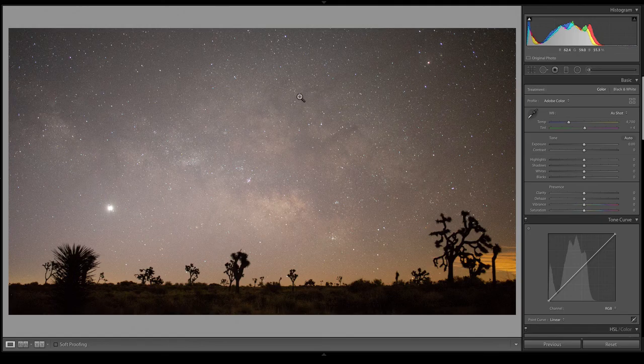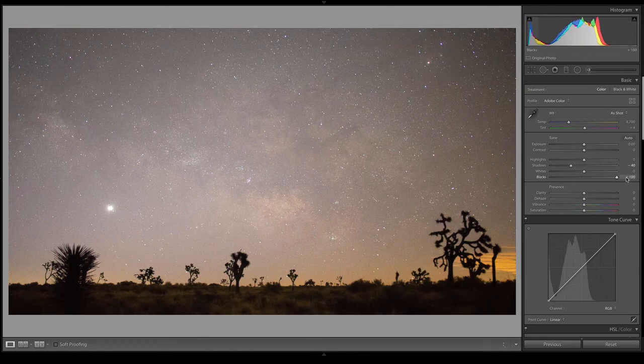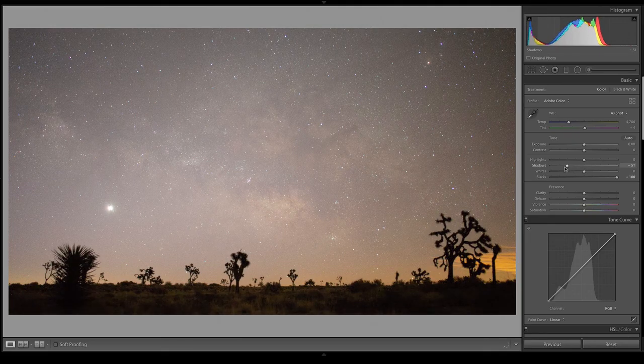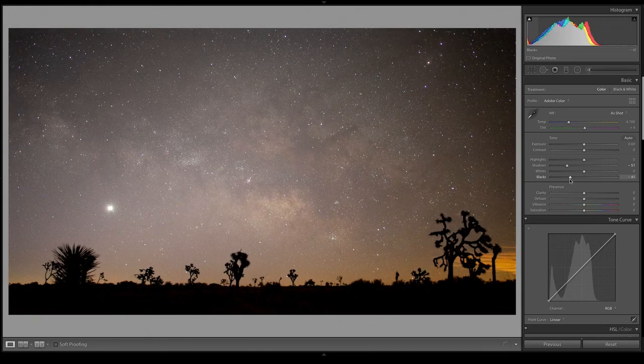Next, what I'm going to do is try to make the sky a little bit punchier, and to do that, we're going to play with our exposure. So I'm going to start by bringing down the shadows, bringing down the blacks. One thing I do want to do is completely silhouette these plants in the foreground. Now, the power of shooting on RAW is that you can bring up this information and start to see details in the ground even at night, but it's super grainy, with a lot of digital noise, so I want to fully silhouette them like that.